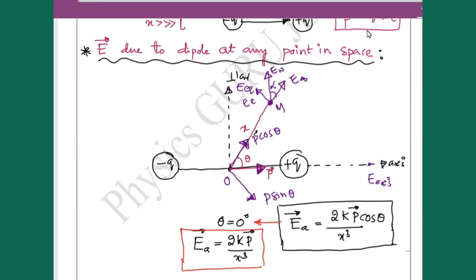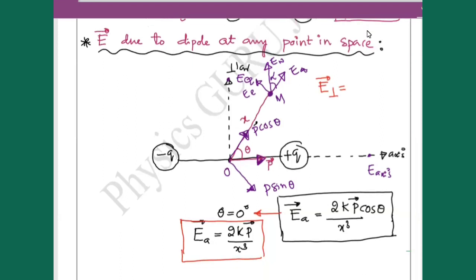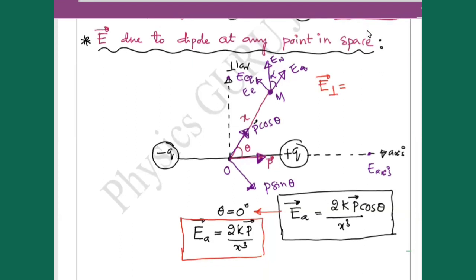Fine, all of you? Till here, can you tell me, what is the perpendicular bisector? E perpendicular. If I want to write, that is nothing but the perpendicular bisector or equatorial line. Can anybody say something? K cube by X cube, but X cube. Kp, right? What should I write? K by P by X cube, but in this diagram, in space,